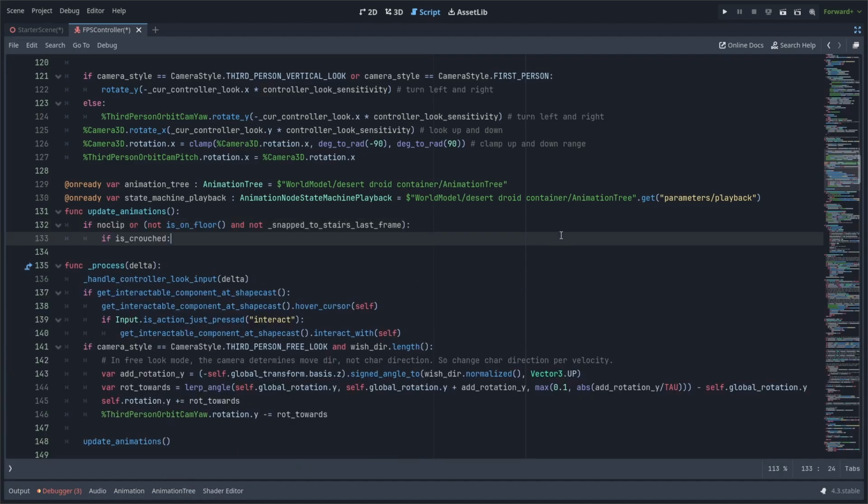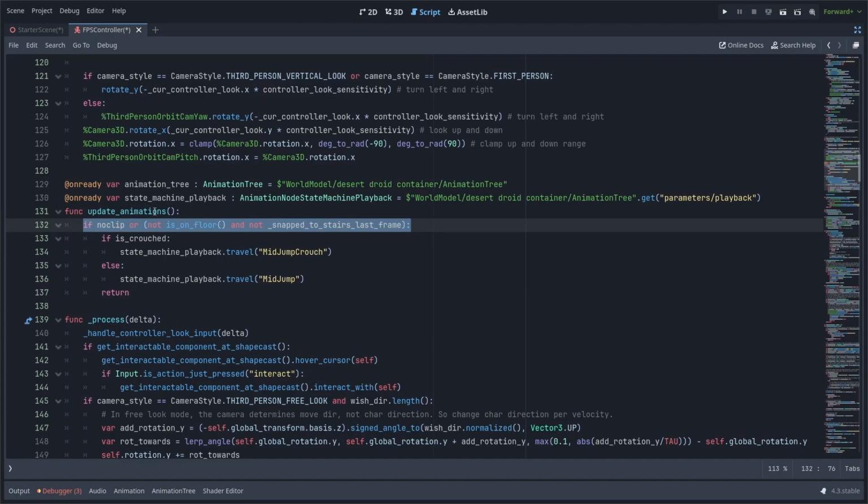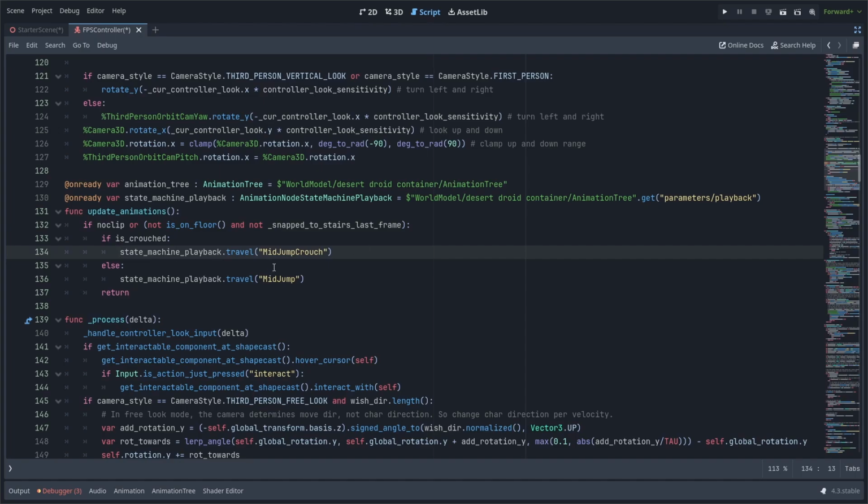So the first thing I'm going to add here is if the character's not on the floor, and then I have some special handling for my stair code. Sometimes they can be not on the floor, but still snapping to stairs, so I add a little check here. If they're not on the floor, or if they're no clipping essentially, then we are going to play one of the two animations, the mid jump crouched or the regular mid jump animation, based on if they're crouched or not. And then we'll just return,